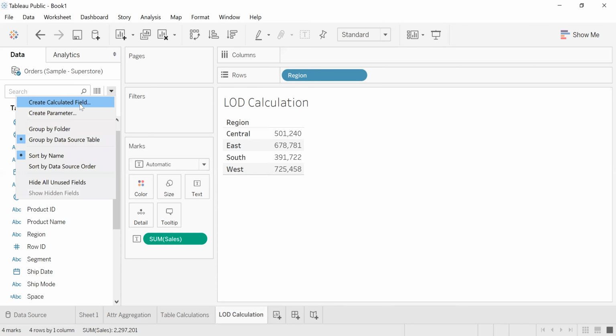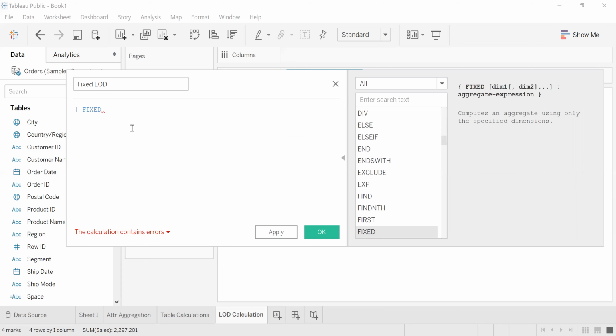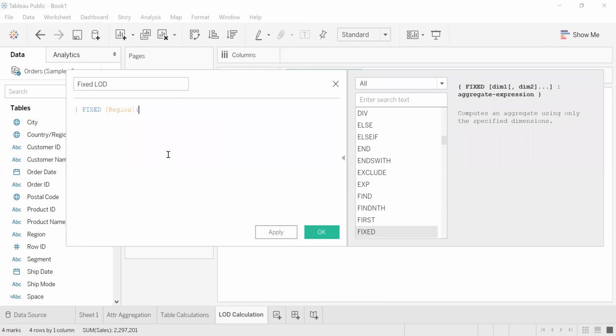Suppose I create one calculated field and give the name as fixed LOD, fixed at region column, sum of sales.